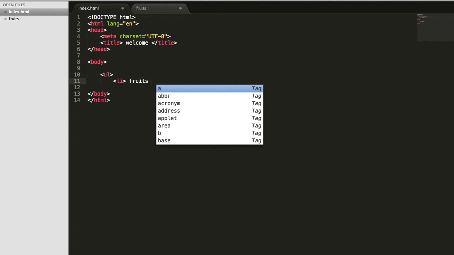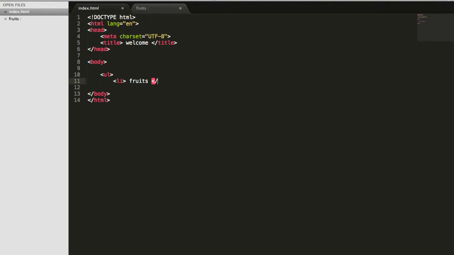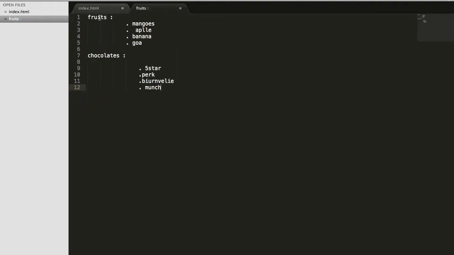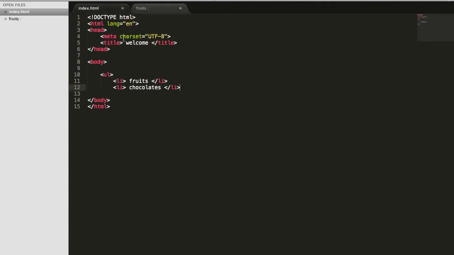And the next is chocolates. Under these fruits, if you see this example over here, I have mangoes, apples, bananas and guava. So what I can do here is press enter, create some space, and under this